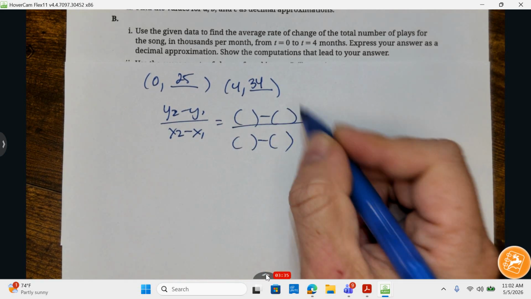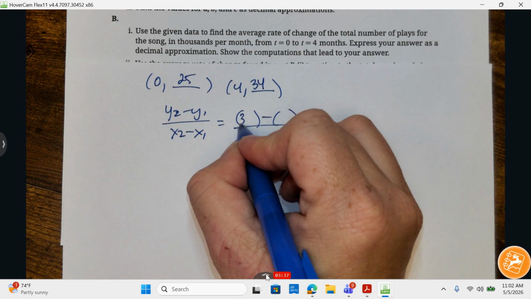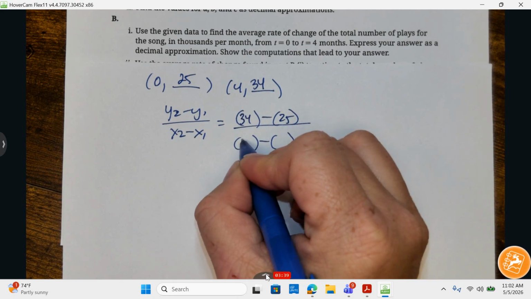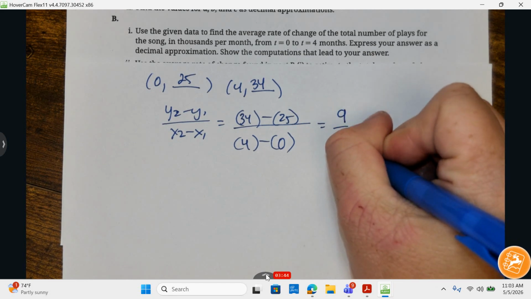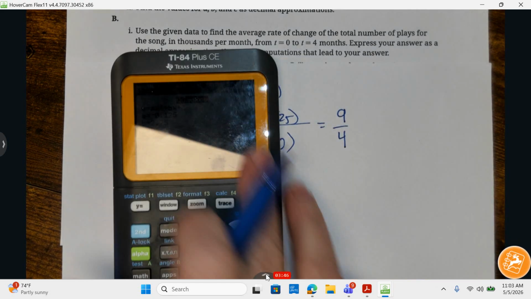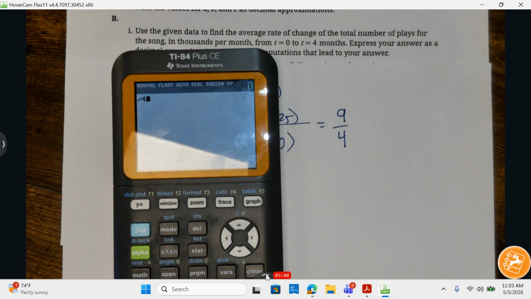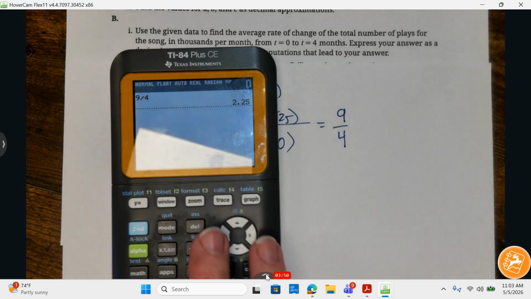Within this, it does want to see your computations that lead up to your answer, so 34 minus 25 over 4 minus 0. So I end up with, on my calculator, 9 halves. Could I leave it like that? I could. Could I turn it into a decimal? I could also do that. So I'm at